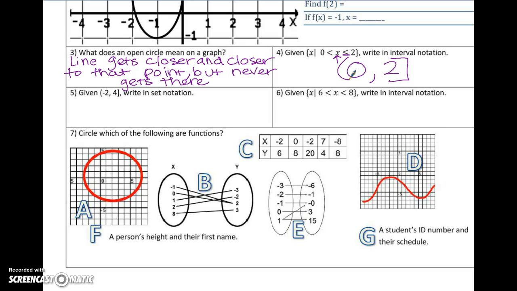Given -2 comma 4, we're going to write this in set notation. So we're going back to this one up here. So we're going to have x such that -2, I put x in between, and it's always less than. So x is less than the 4, but notice that the alligator really is eating the x. So x is bigger than that too. X is in between those two. And the or the positive 4 has a